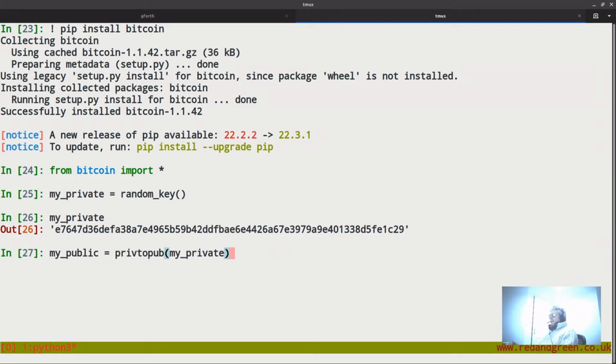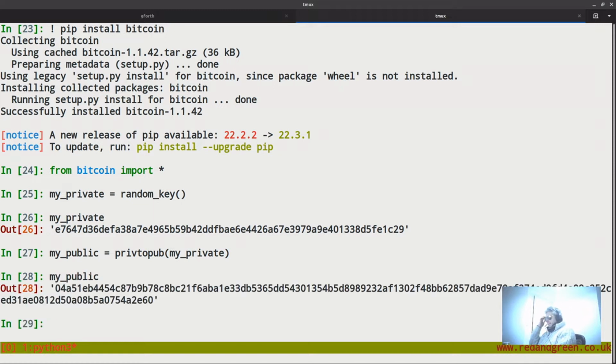And my_public key is equal to, and then you convert priv to pub, which is a method you get when you import or install the Bitcoin package. So now we've got a public key. So if we do my_public,